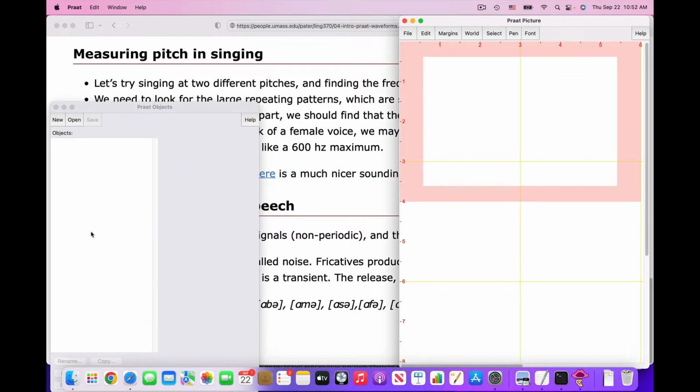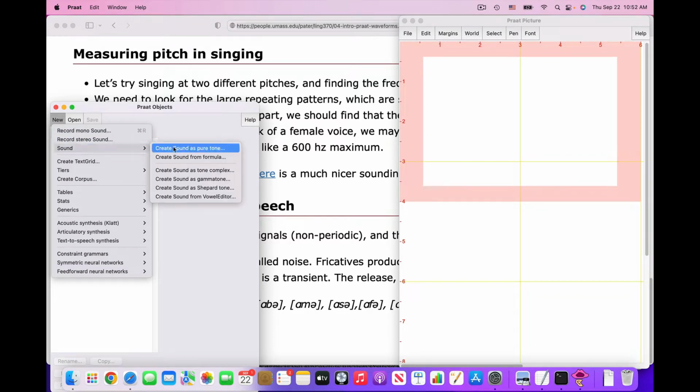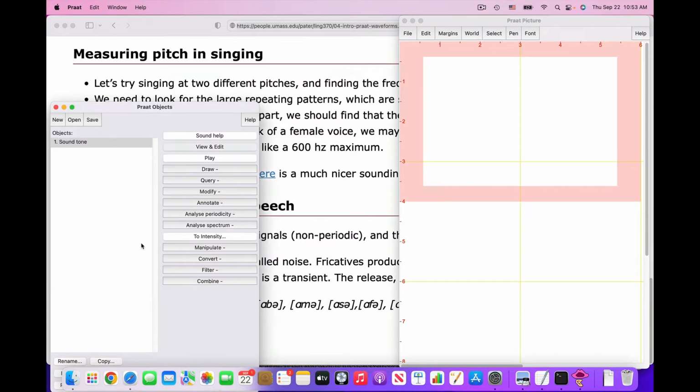One thing to start is that, remember last time we were making new objects. We were doing it by going to sound and creating sound as a pure tone. Right, so there's an object. And one really important thing about Praat that I should have emphasized earlier, but will emphasize now and again, is that when you have an object in your menu, you haven't actually saved it yet. You have to save it using this button